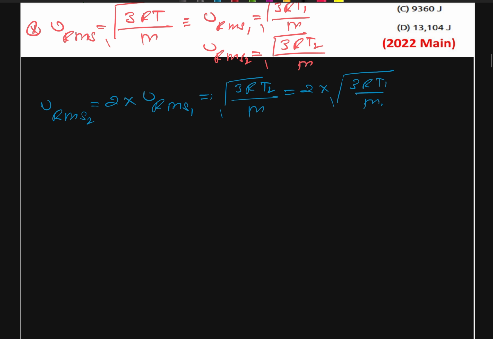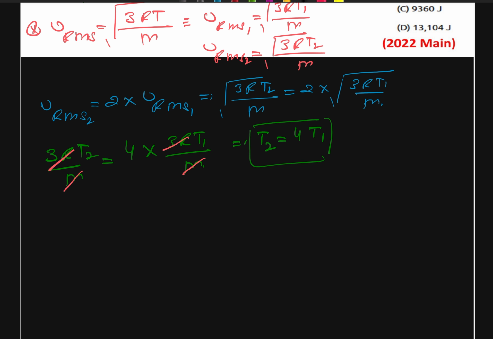Squaring both sides gives us 3RT2 upon M is equal to 4 times 3RT1 upon M, and here the 3R upon M cancel out. So from here we get our T2 temperature is equal to 4 times T1,